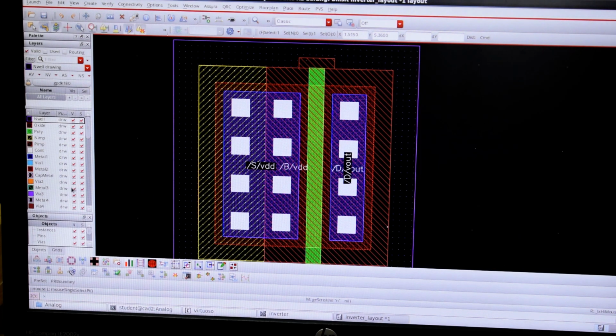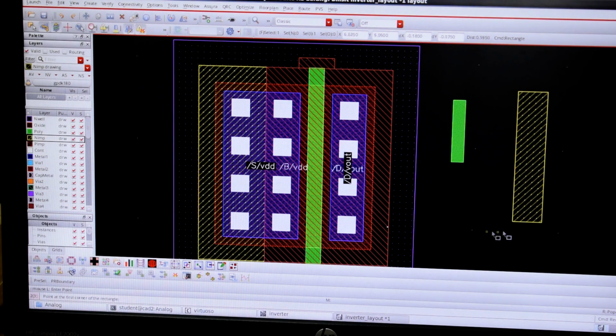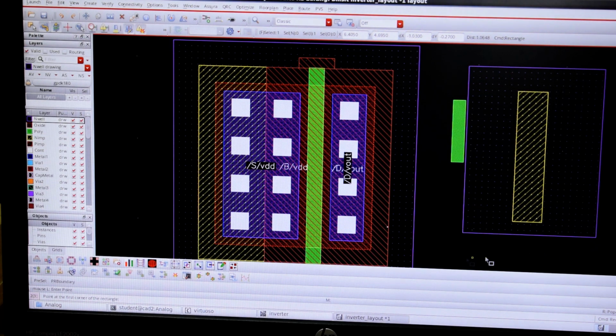You can see these are the layers. Polysilicon, I'll just take Create Shape, Rectangle. Polysilicon is your green color poly. Then this is N implant, because we are using body connection that's why we use N implant, and this N well, because this is a PMOS. This is a purple color.